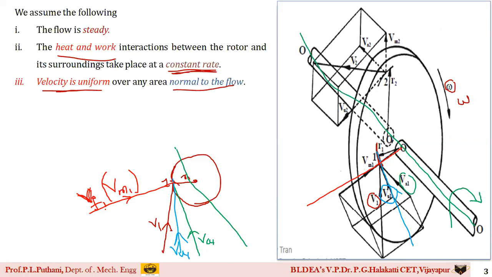In some textbooks it is given as Vm also. Similarly, for the tangential component, some textbooks take it as Vu1, or even Vw1. I will consider Vu1 as my tangential component for my discussion. This is from the inlet point of view. Similarly, if I discuss from the outlet point of view, I will show you here.